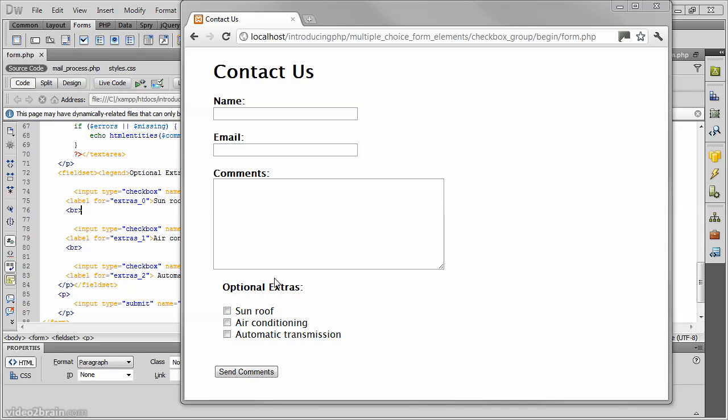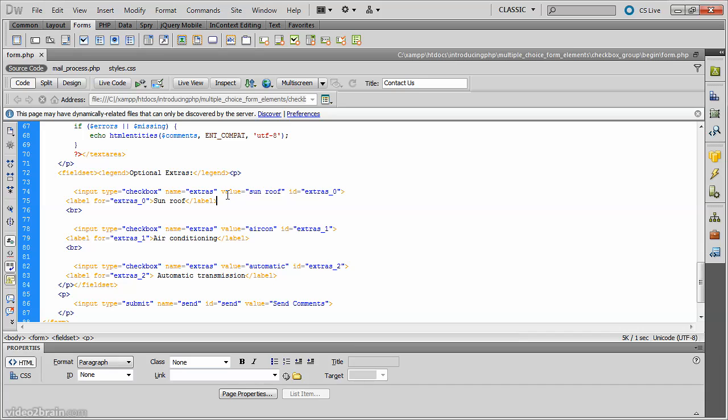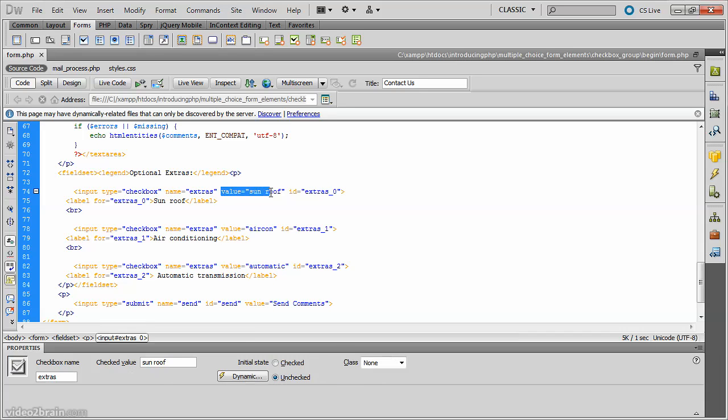Checkbox groups, such as this list of optional extras, allow users to select multiple values or none at all. All checkboxes in the same group share the same name attribute. In this case, I've named the checkbox group Extras. And each checkbox needs a unique value, and it's this value that is transmitted with the form data when the